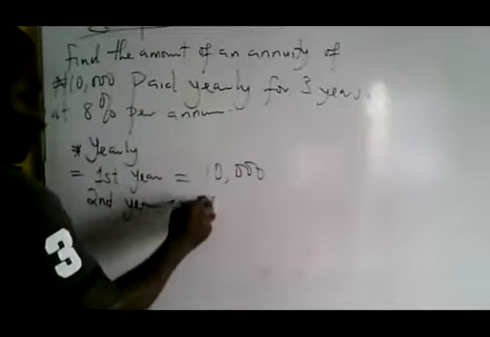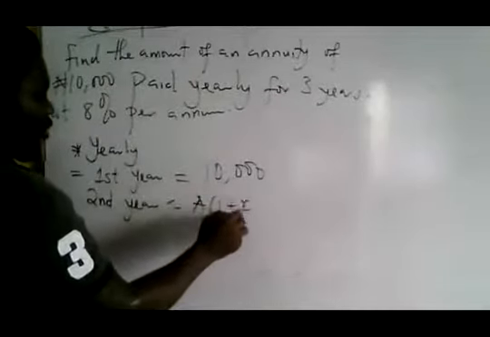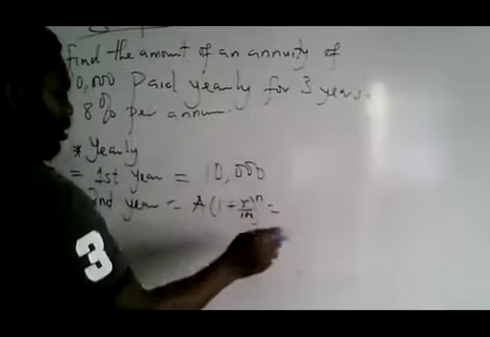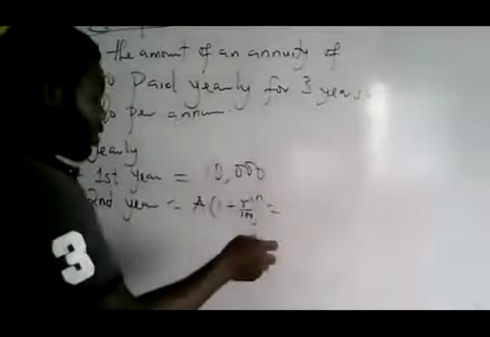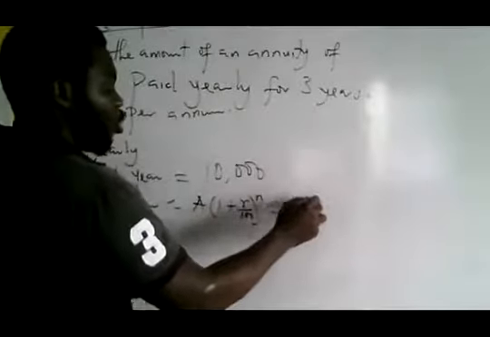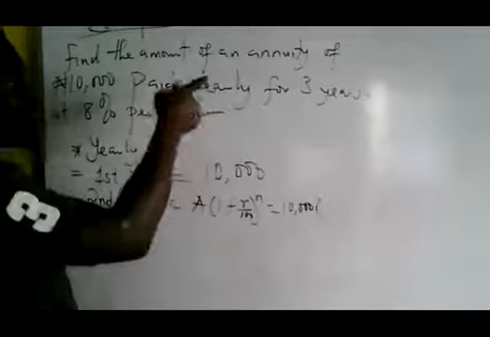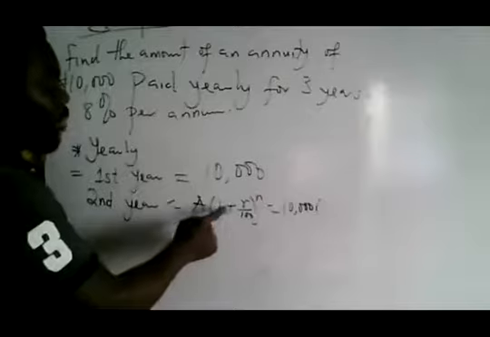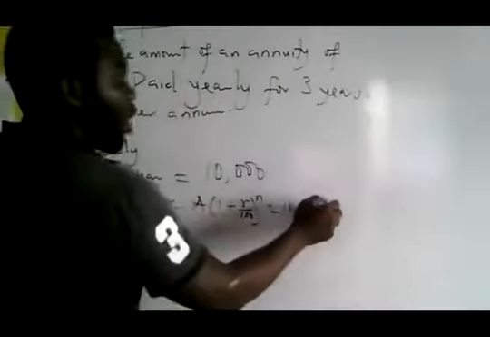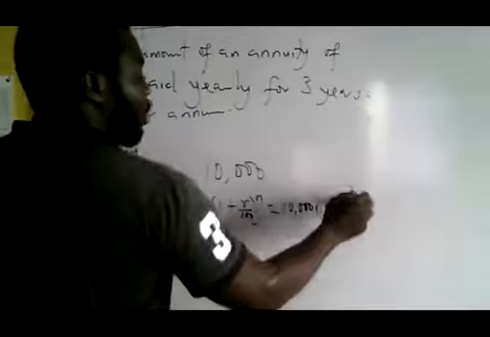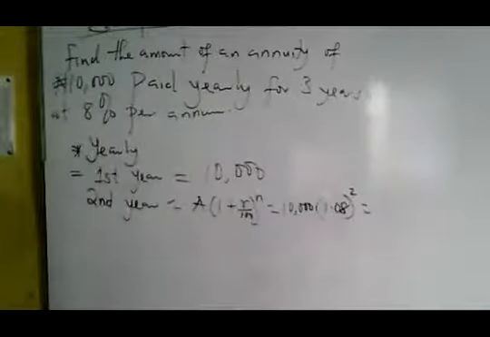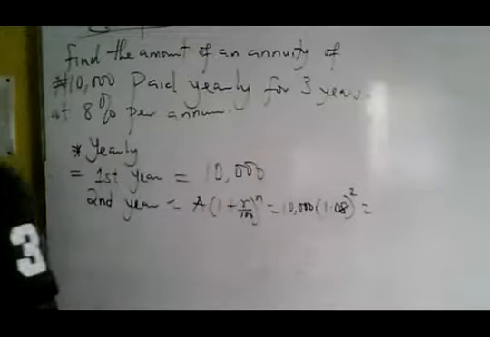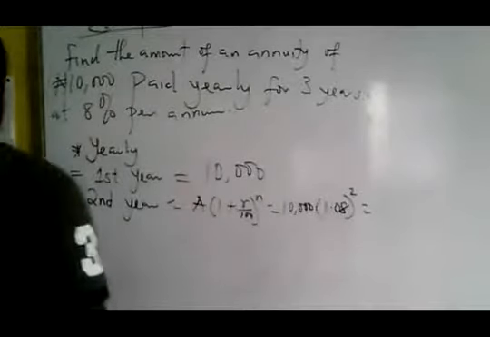So that will be A, open bracket, 1 plus R over 100, raised to the power of what? N. Now, N is what? 2 years, isn't it? This will be 10,000, open bracket. Now, this is 8%. This is 8 over 100. So that means I just say 1 plus 8 over 100, which is 1.08, raised to the power of 2. Now, if I do that, I'm going to get how much? I'm going to get